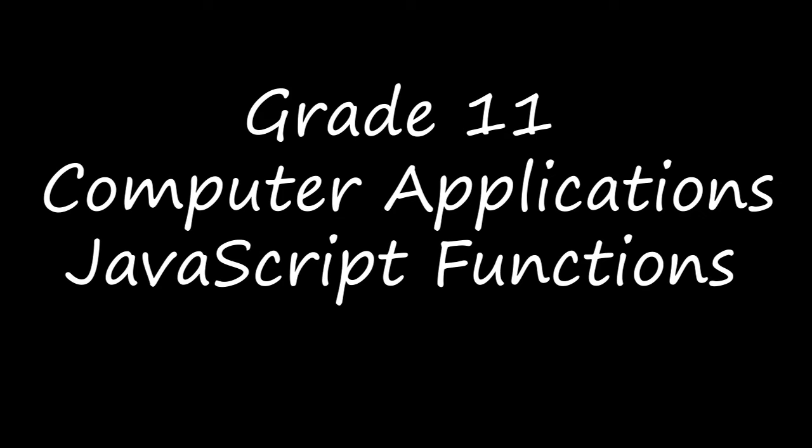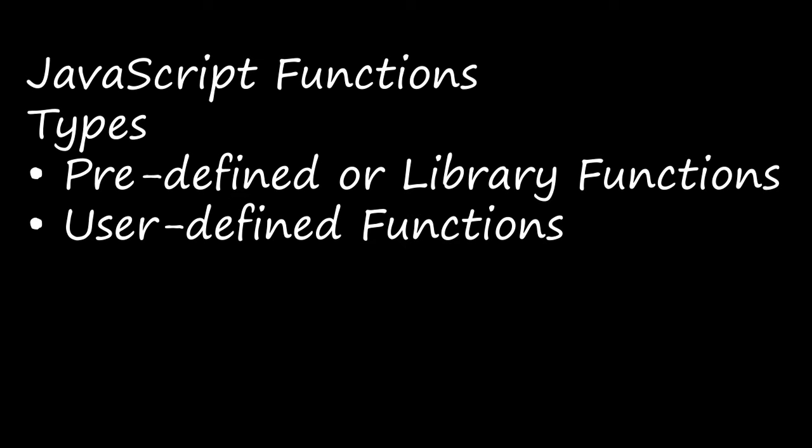Last session we saw the example of this function in JavaScript, right? And today we are going to see another example for a particular predefined function. Predefined function means, as I have said, it is already defined in the JavaScript library, right? Here in page number 334, there is an isNaN function, and that example only we are going to see now. First, let's see what is the isNaN function.